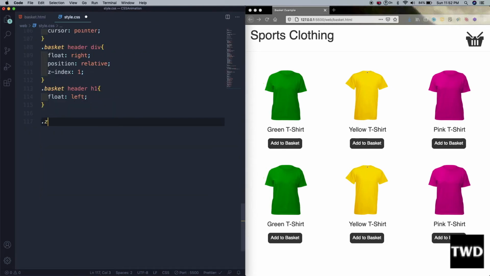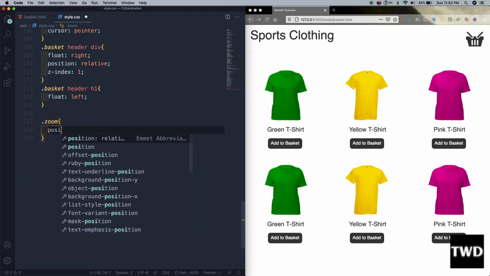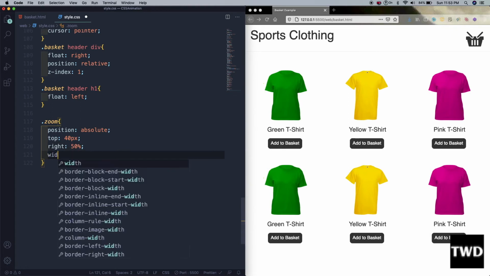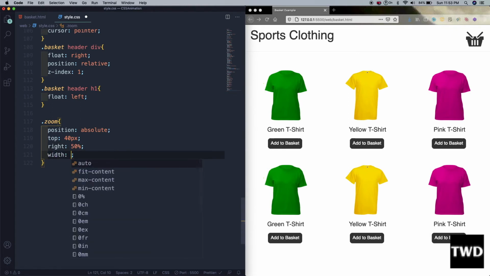So dot zoom, position is absolute, top is 40 px, right is 50%, width is 40 px. So we save it.